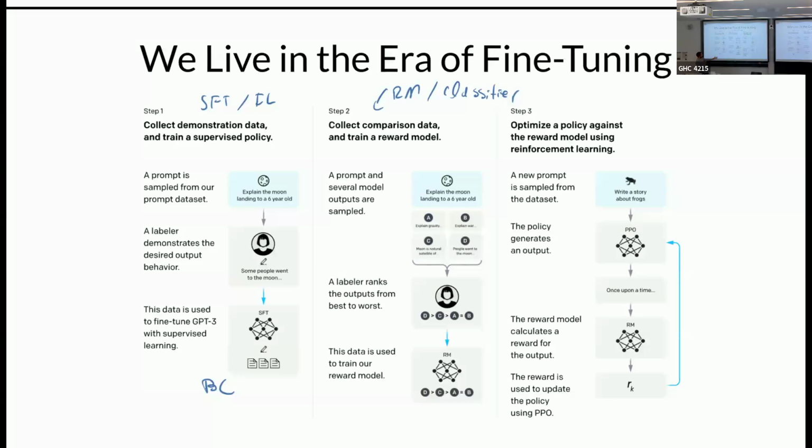And then what you can do is use this as labels for a classification problem. You're able to say, okay, I prefer this to this, and now this is my label for a classifier where I want you to rank D over C. Then once you have this classifier, what you do is you do RL, where you use the output of the classifier as the score. So you use the logits of the classifier as the reward for a prompt and completion pair. And then you run whatever your favorite policy gradient algorithm is